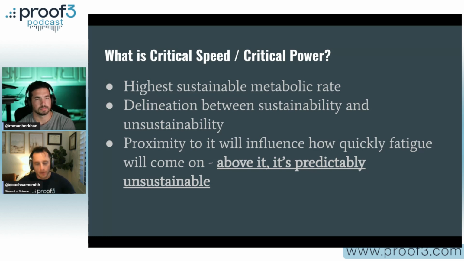So think about lactate levels, think about oxygen uptake, think about heart rate, think about creatine phosphate. They're looking at these different markers